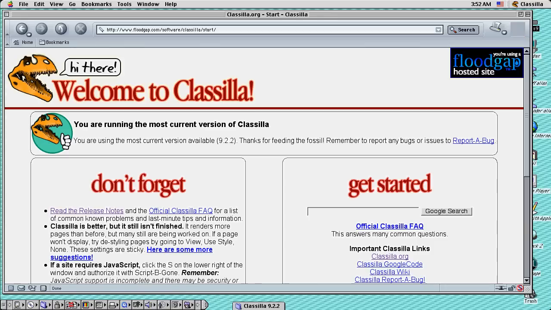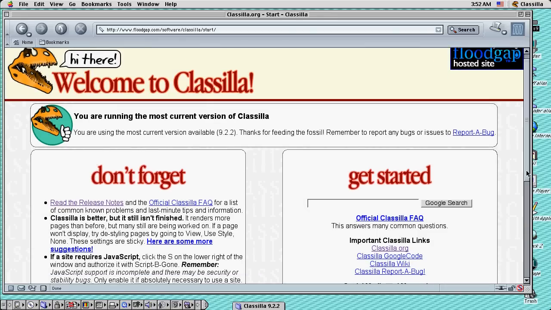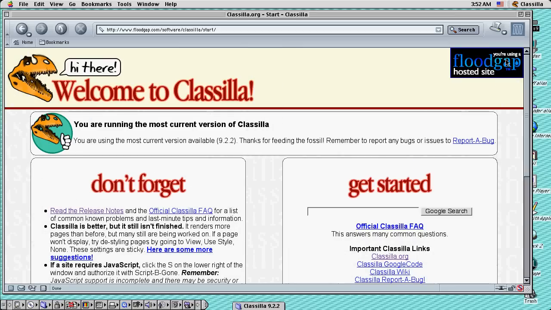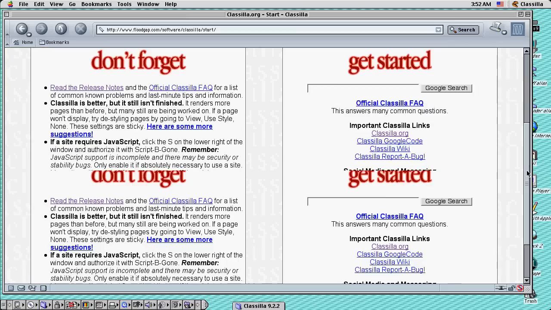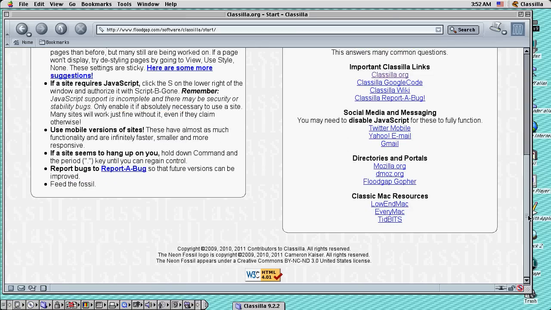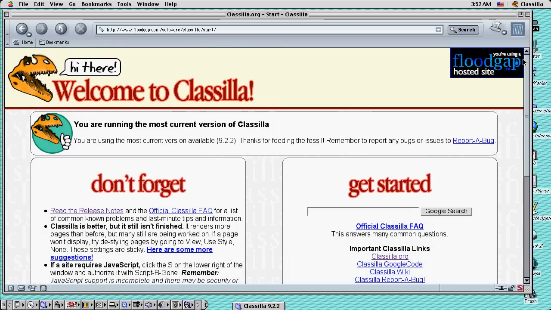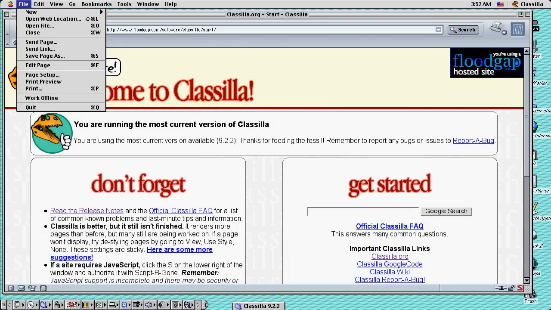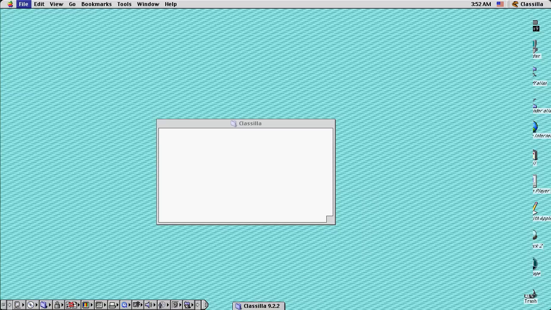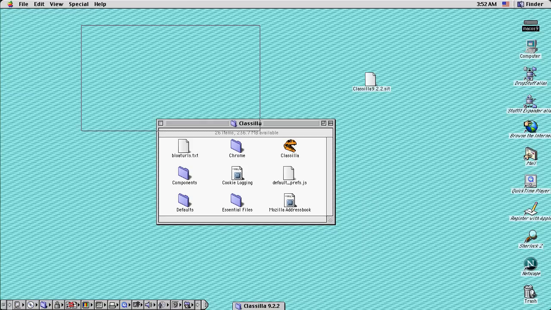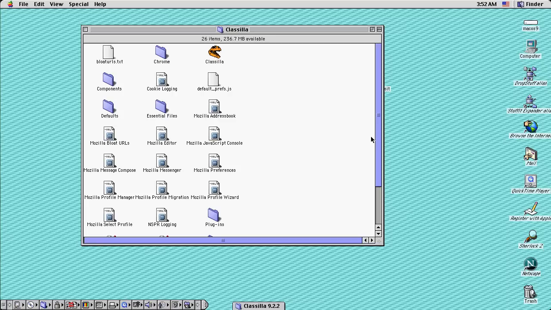And all these features you have on the Classilla. So that's that. No support for HTML5 yet, and I don't think we will see that anytime soon, because we need those bugs fixed, or rather, we all need those things fixed. So quit, and if you want to see more of what's inside this folder,